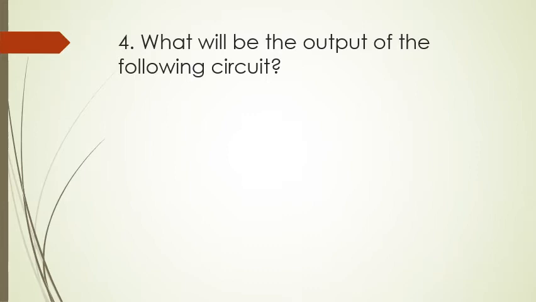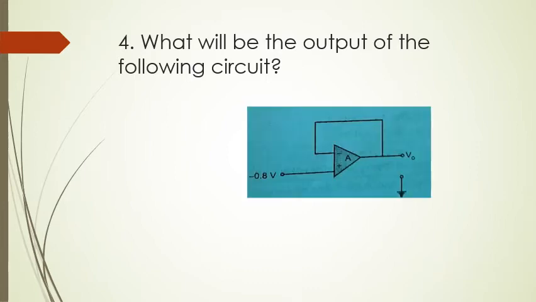Then the next question is, what will be the output of the following circuit? Again, one circuit is given. Now here it is one of the simplest configurations or applications of the op amp. So this is nothing but the buffer circuit, because as you can see, the input is given to the non-inverting input terminal of the op amp, but here the Rf and Rin values are not there, means they are absent. So in this case we can simply say that the output is simply following the input. Whatever input voltage you are applying, the same input voltage will appear at the output terminal of the op amp.